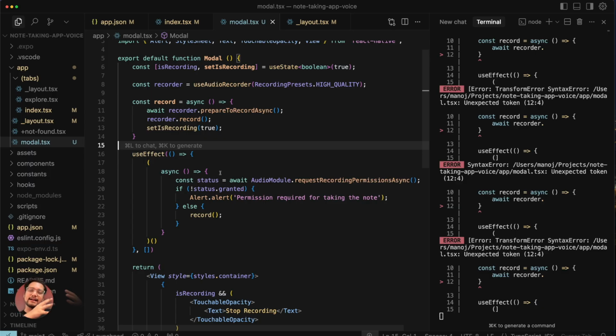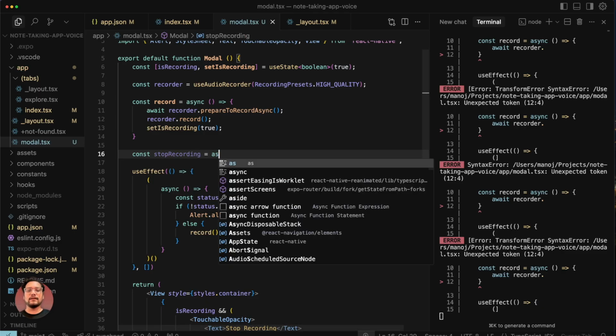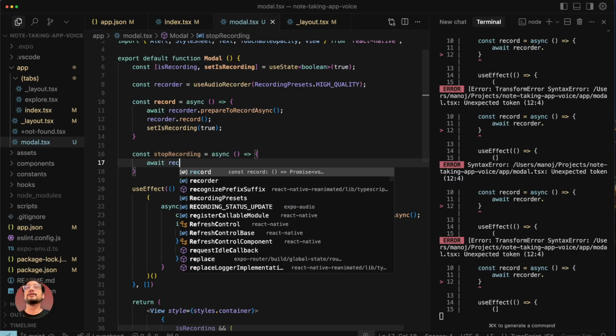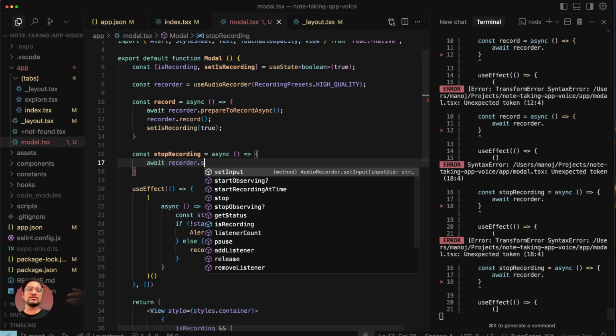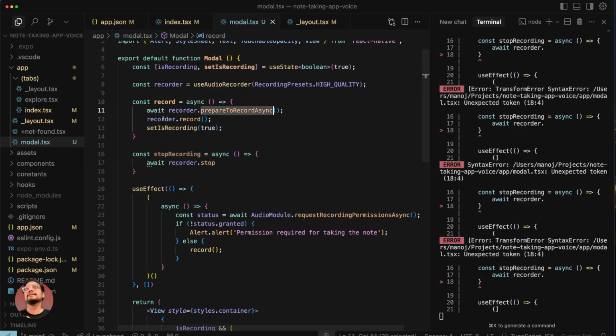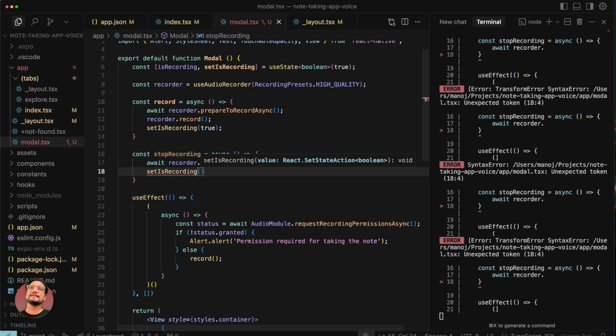Okay. And then we'll start recording. But now once it starts recording, we also need a function to stop recording. So I'm gonna create a function const stop recording, and then obviously again async, await recorder, and we are gonna call the stop method. It's pretty simple, just some basic stuff. The only I think extra thing is this prepare to record async. Other than that, it's just record and stop. So I'm just gonna say stop, and then I'm gonna update the state. Set is recording to false, and then